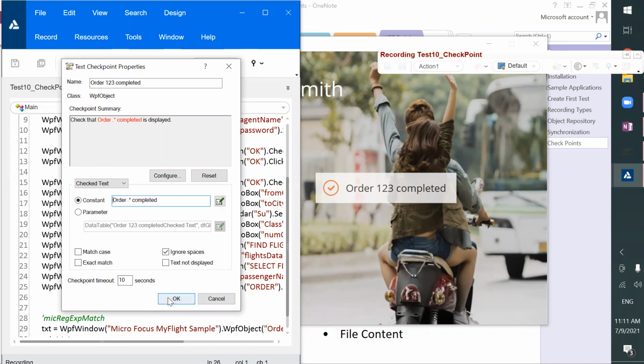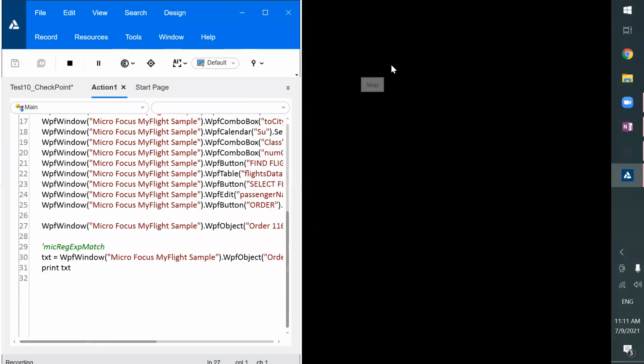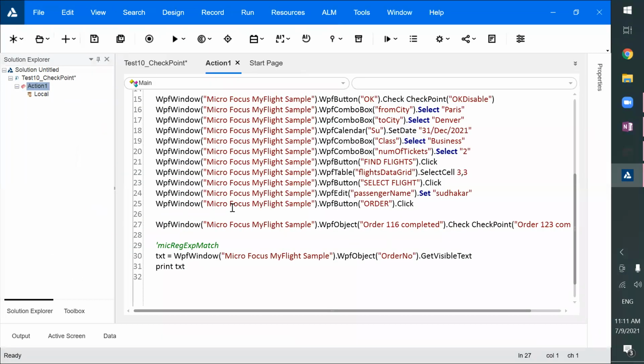Again, it is 10 seconds waiting. So it is working as a synchronization, isn't it? So this is called checkpoint synchronization timeout. So now